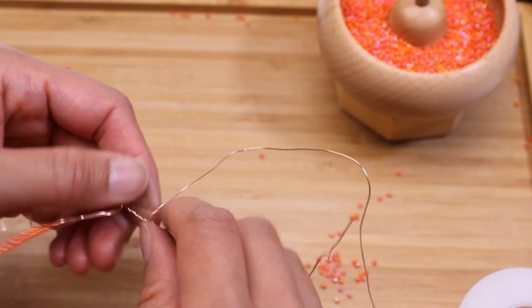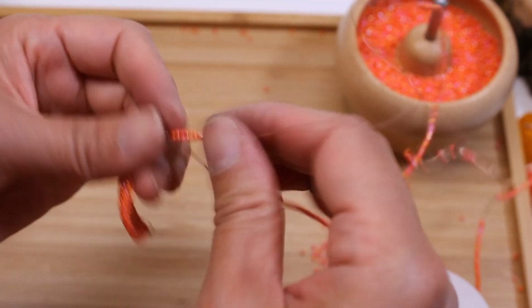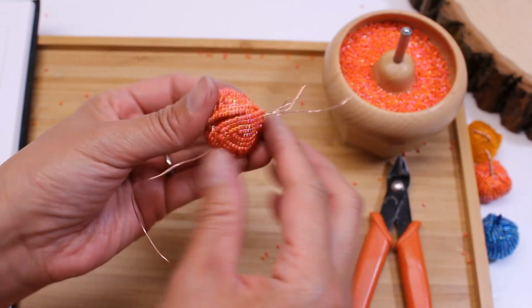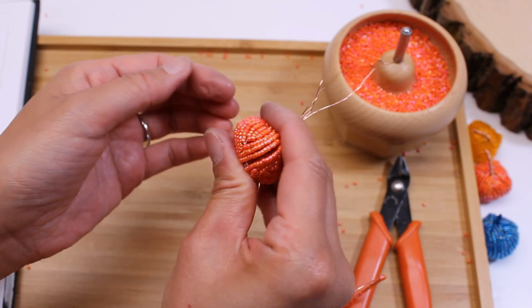to compare the lengths. And sometimes even with careful measuring, your length can still be off, which leads me to tip number 3. Take it apart if it's off after you make the subsequent units. It's still better than making all of the units and then your pumpkin doesn't come together as it should. Tip number 4, gentle shaping. You can gently move the outer rows of the units so that it fills in more of the space in